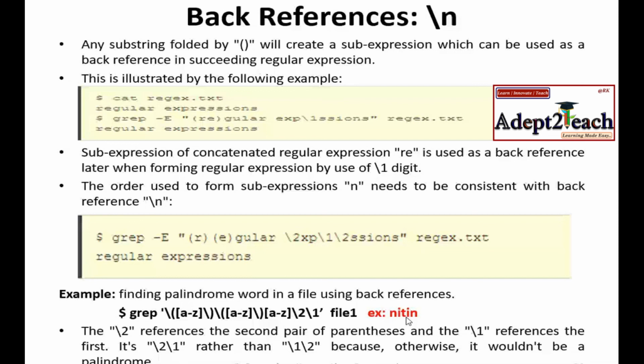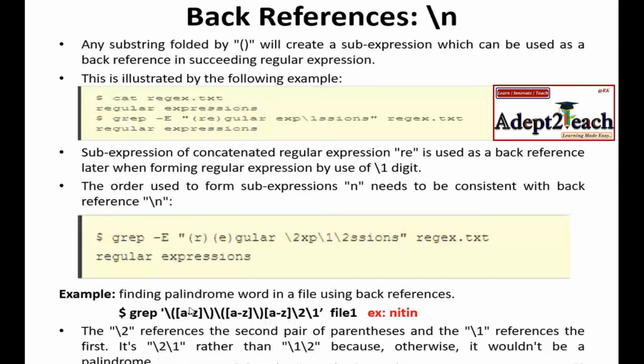First, there can be any character. I started with grep, and within single quotes I have enclosed the entire pattern. My first pattern is A to Z, so any one letter from A to Z will be matched. The second character is again A to Z, so any letter from A to Z will be matched.